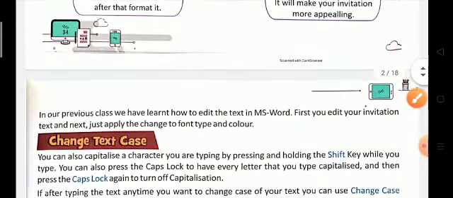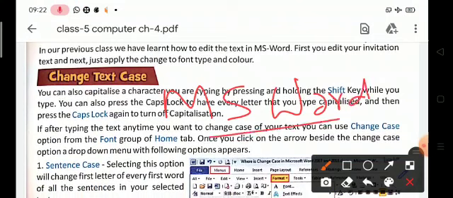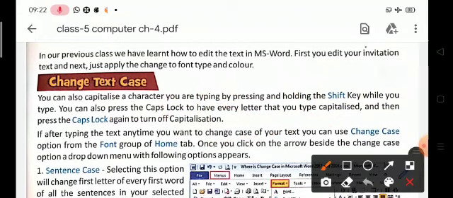So let's start. Children, my first topic is MS Word. MS Word, often called Word, is a graphical word processing program that the user can type with, and the purpose is to allow the user to type and save a document in MS Word.